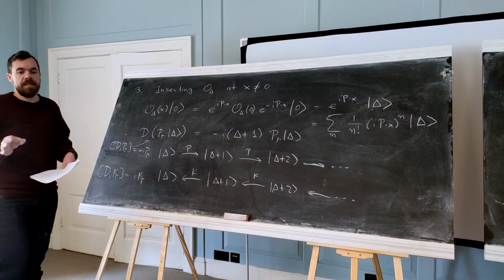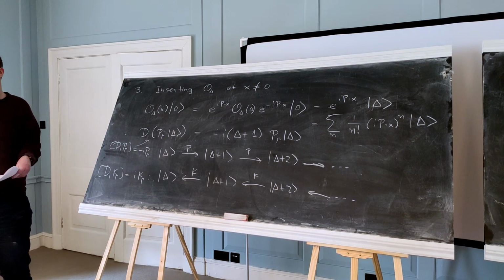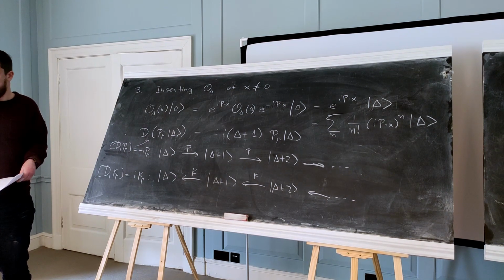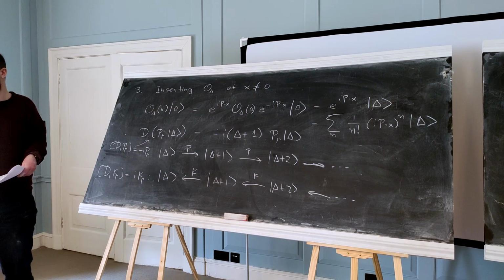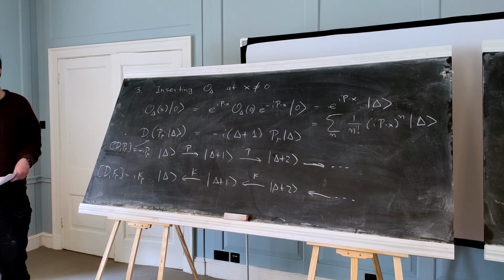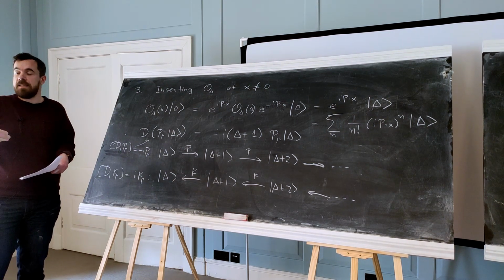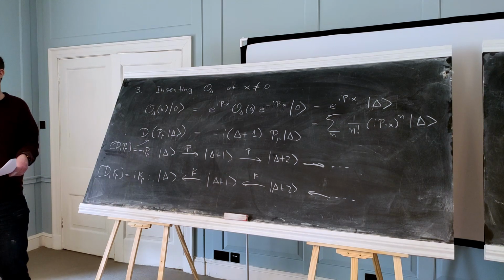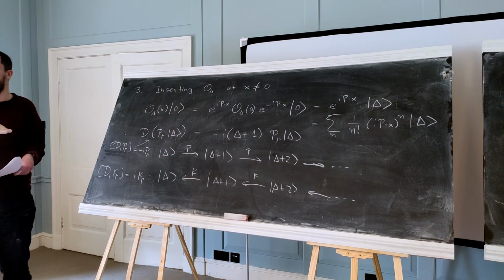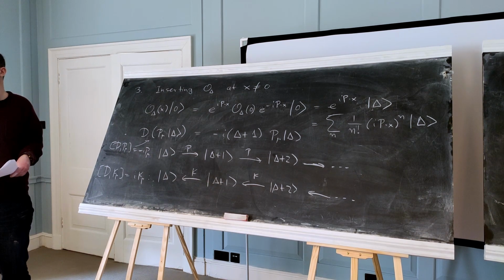So getting the vacuum on the Hilbert space on the sphere corresponds to inserting the identity operator. Acting with P_mu on the identity operator will give you 0. There are no descendants of the identity, right? Right, okay. In order to get states on the Hilbert space, you have to insert a non-trivial operator at the origin. And then P_mu on that will not give you 0 anymore.